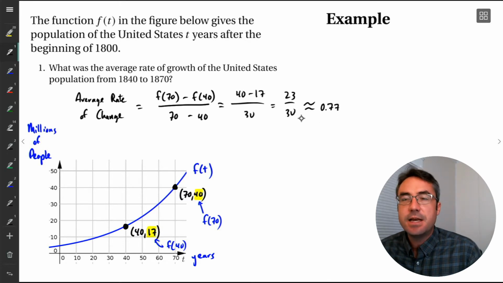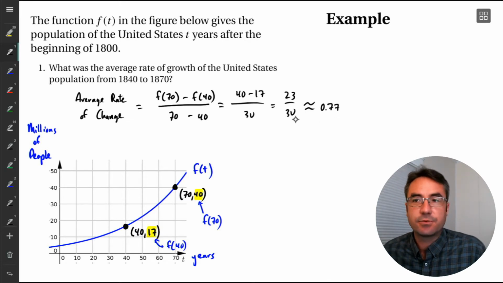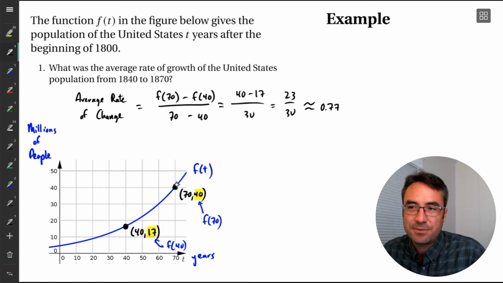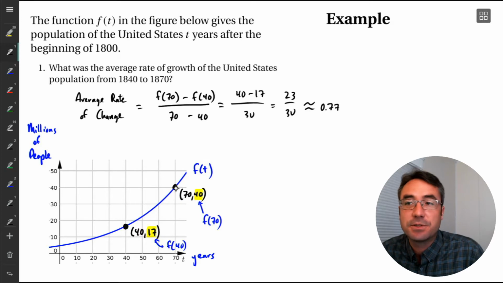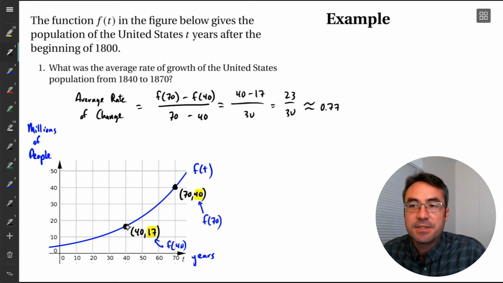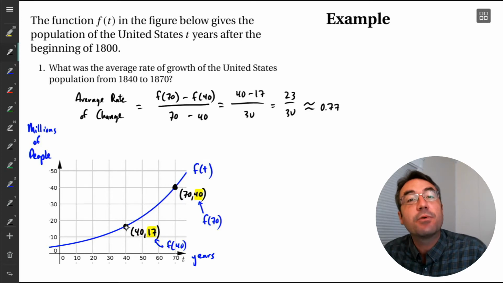So in the end, when we're calculating this average rate of change using a graph, it's an estimation, because you could argue this maybe was 41. Maybe this is 16. Maybe it's 16.5. So we're just estimating these as best as we can. All right, so this average rate of